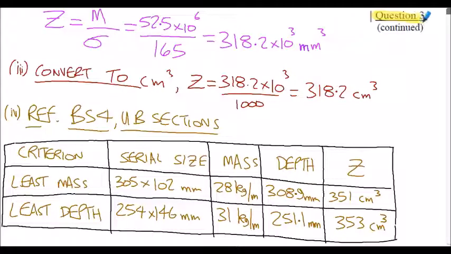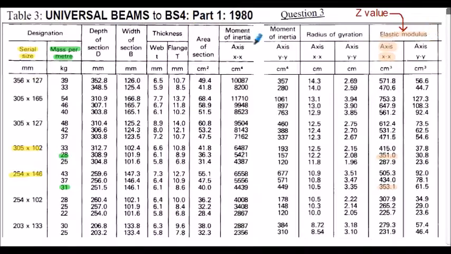Question 3, solution continued. Now to convert our section modulus Z value from millimeters cubed to centimeters cubed, simply divide the above Z in millimeters cubed by 1000, and we have the value in centimeters cubed. So the minimum Z value is 318.2 centimeters cubed. Now the question wanted us to find the least mass section and the least depth section. So if we refer to the extract of the universal beam section,